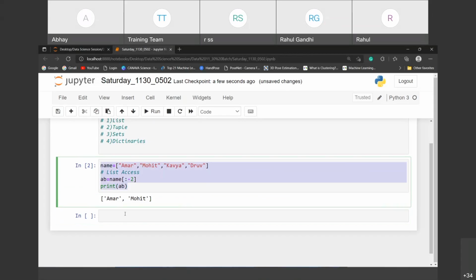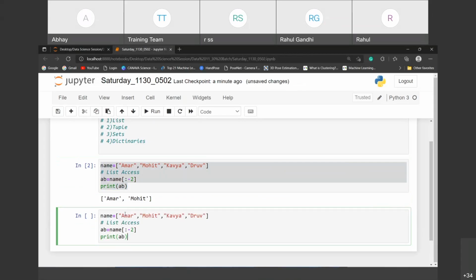Okay, I'm taking only two to three examples on the content. So let's check what will happen. -2. Yeah, you have to practice more on it. So -2 and -3. Now tell me.